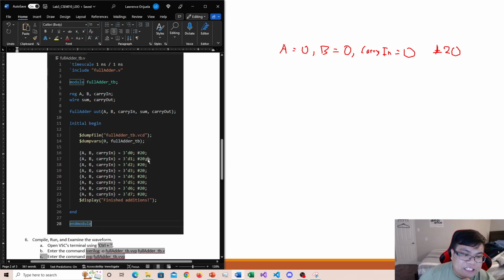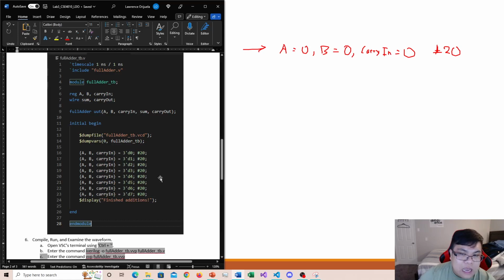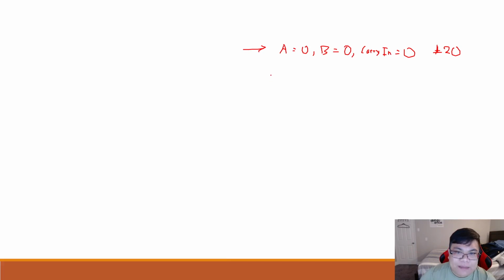What I'm doing here is actually a shorthanded way of setting my inputs. As you remember, A, B, and carry in are my inputs, okay? So this first line here on 16 is actually equivalent to the Verilog code that I wrote in this line, okay? But the reason I'm writing it like this is because the way this shorthanded way works is that by putting A, B, and carry in in squiggly brackets, this is the same as saying